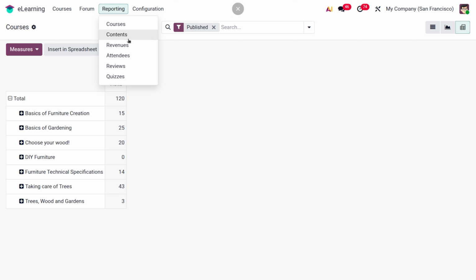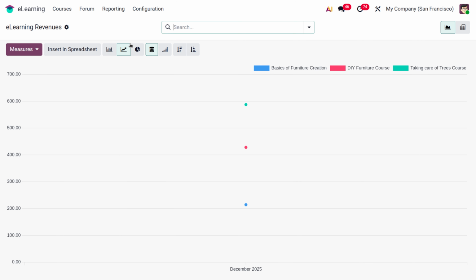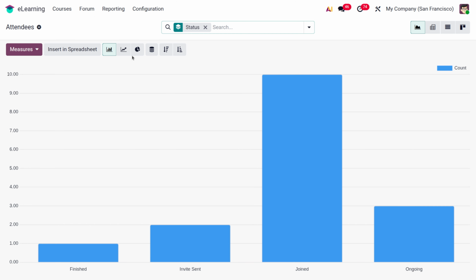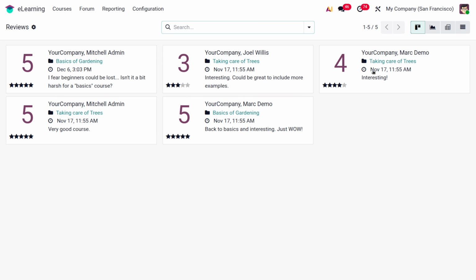Now let's move on to the other reports, such as the contents that have been published, and you would be able to find each of the contents that has been published on the website. You can also find the revenue generated from each of the courses, and you can also get to know the attendees of each of the courses. It shows a metric of who has finished, with the invite sent, the joined, and ongoing. Now, once everything is set, you can also move on to the reviews,